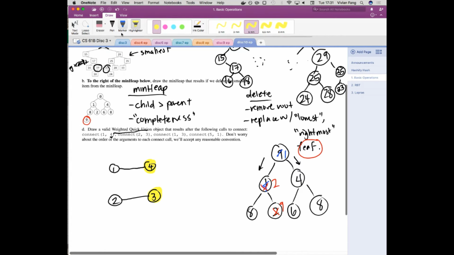And then if I connect 1 and 3, 1's parent is 4, right? And then 3 is its own parent. Now because these are the same size, we're just gonna break ties arbitrarily. I'll just say, hey, let's make 3 the parent. I'll just break ties by saying the lowest number will be the new parent. Are we good with that? So then now that means 4 is no longer a parent, and 3 is the parent of the set. It's like the big boss node.